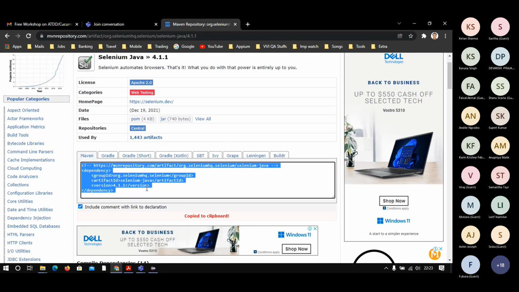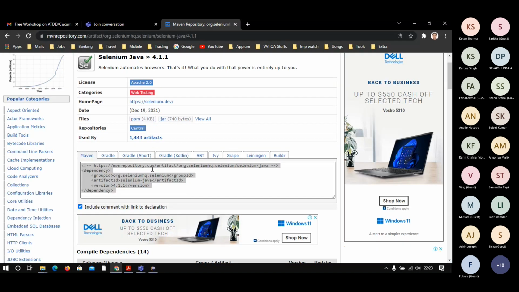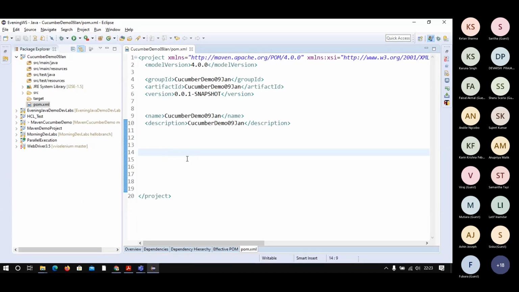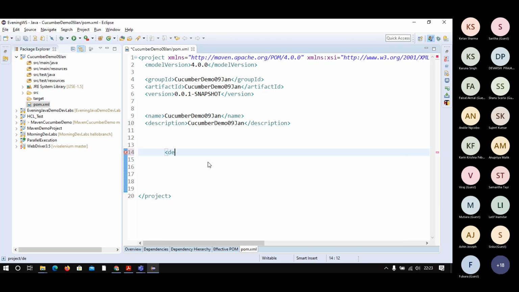I copied it, then I'm coming back, and before pasting you have to do one thing. This is one dependency, and the parent tag is dependencies. Under dependencies you will keep all the dependencies. Let me start with that: just type DE, then you will get the dependencies tag.